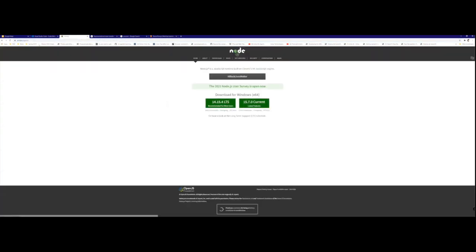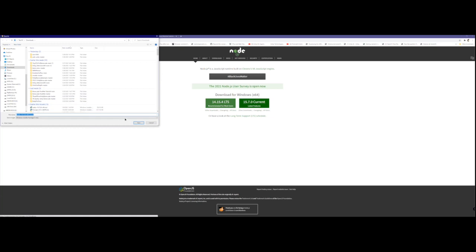The other thing that we need to install is called Node.js. And I will put the link here. If you open it on a Mac or on a Windows computer, you will find download for Windows or Mac, and you will download this version here. It says recommended for most users. You will download this installer,